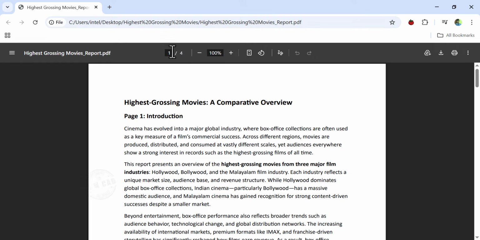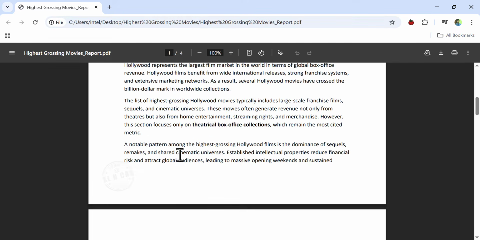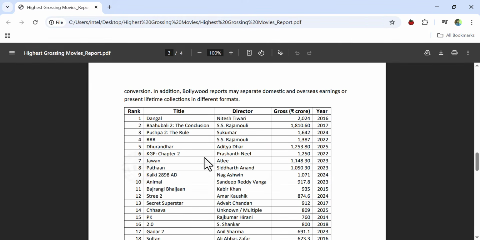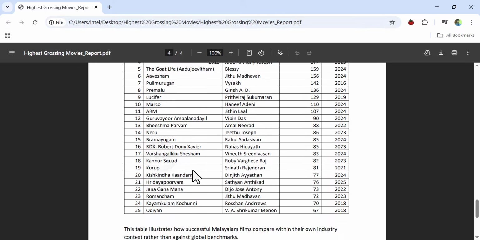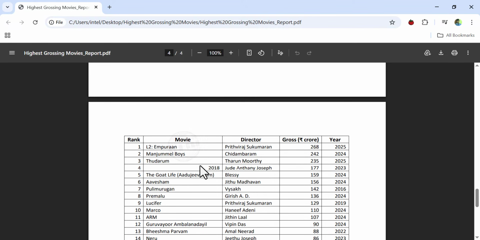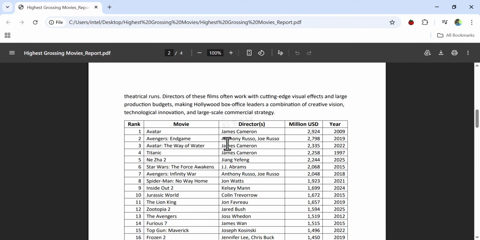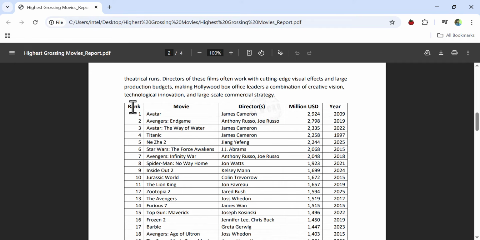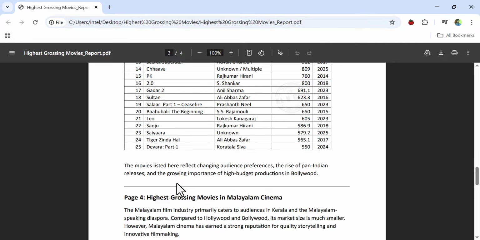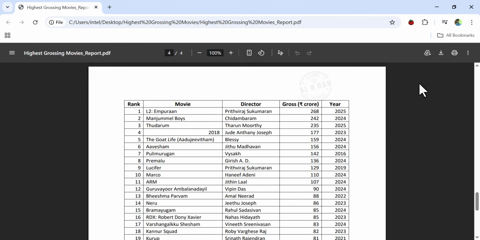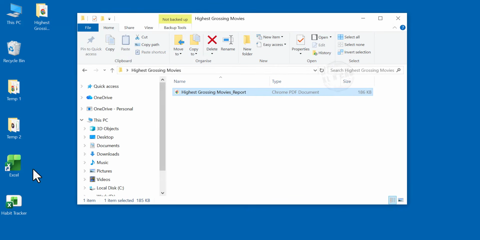The PDF file has 4 pages and contains 3 tables in it. Highest grossing movies from Malayalam, Bollywood and Hollywood. Now let's see how to extract these data tables into Excel. Let me close the PDF file, open Excel,